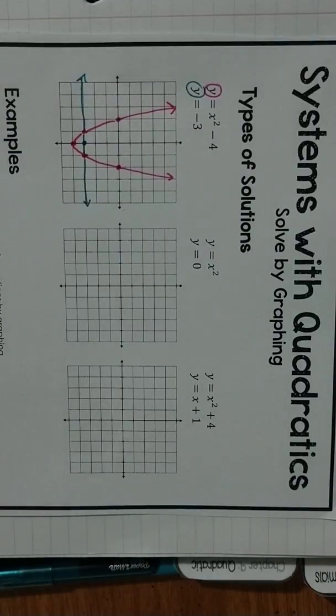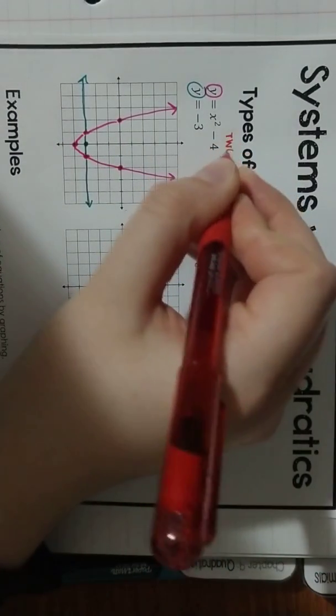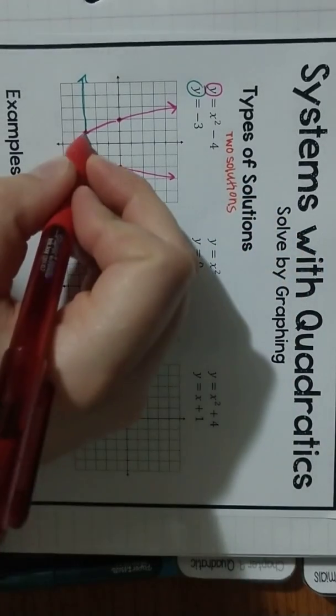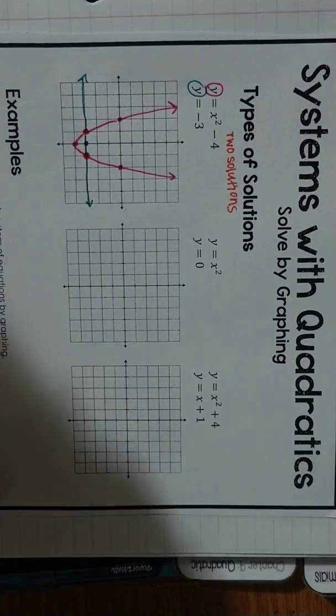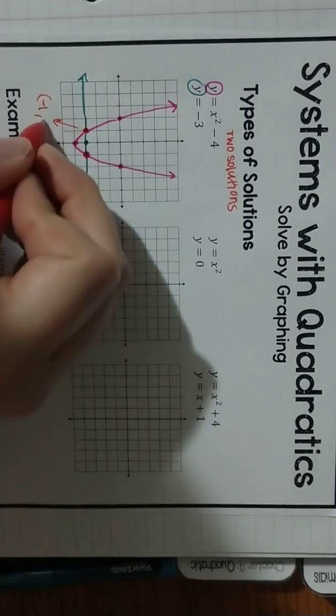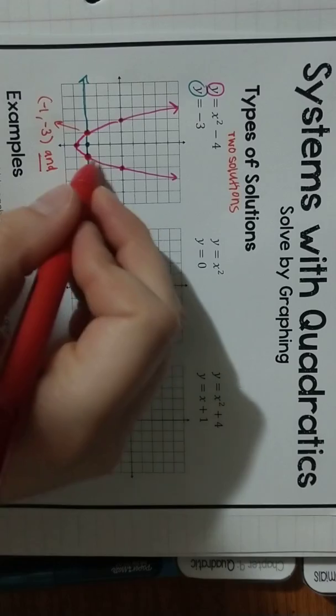And if you notice, the first type of solution I can have is where there are two solutions. So that's where this line is going to cross through twice. So it crosses through once here, and that point is at negative 1, negative 3. And my second point is at